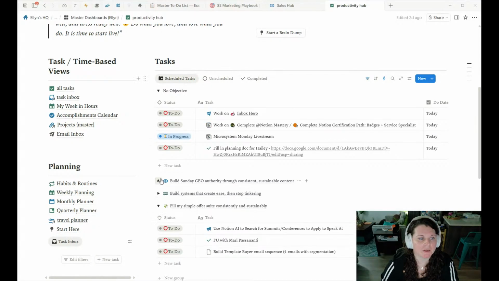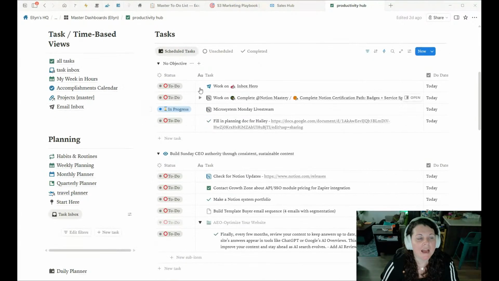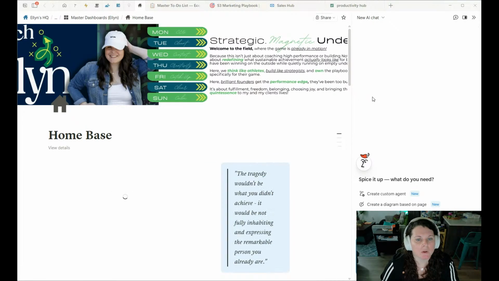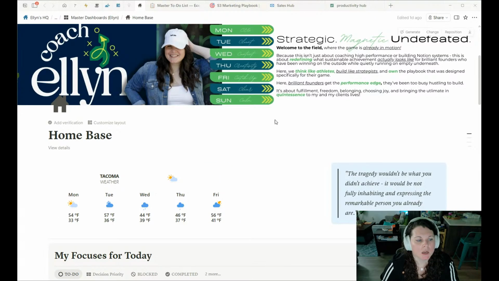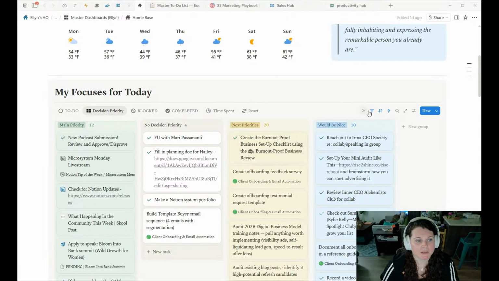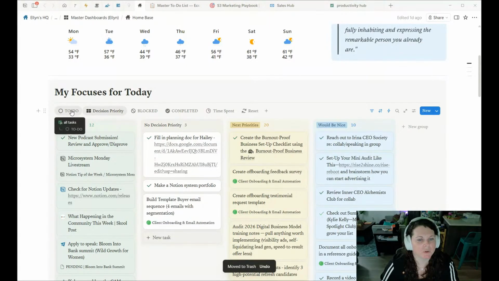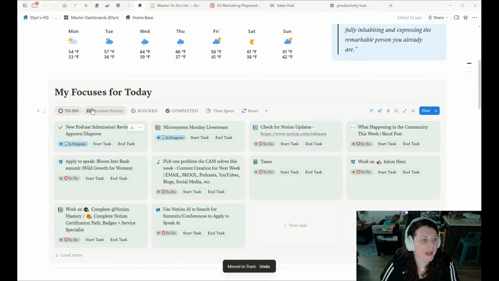And I have too many because I need to audit my to-do list right now. But now this is a vastly less overwhelming to-do list. Let's actually go over to my home tab. This is a vastly less overwhelming to-do list to look at than this to-do list. And actually, I don't need to follow up with her because she just filled out all of her stuff this morning. So that is a great way to filter, if you only want to see the things that